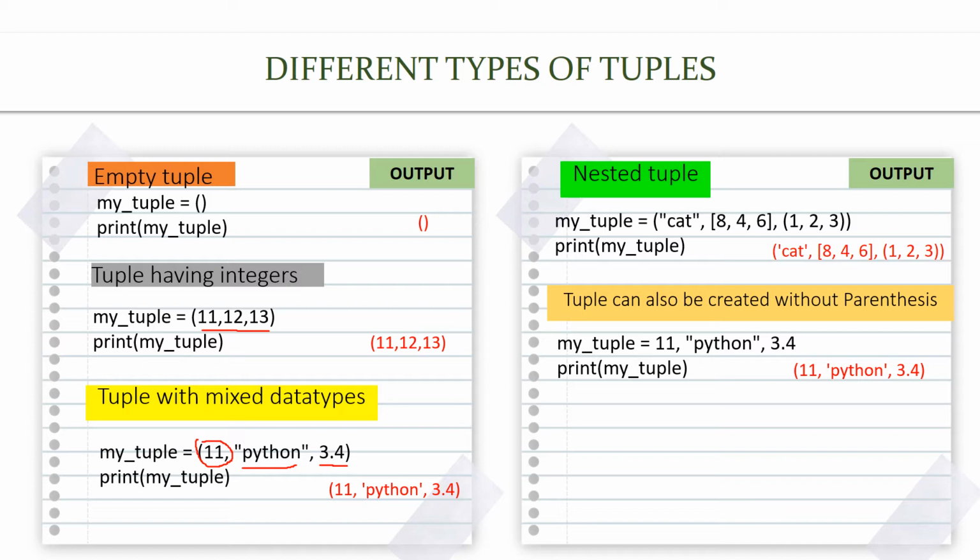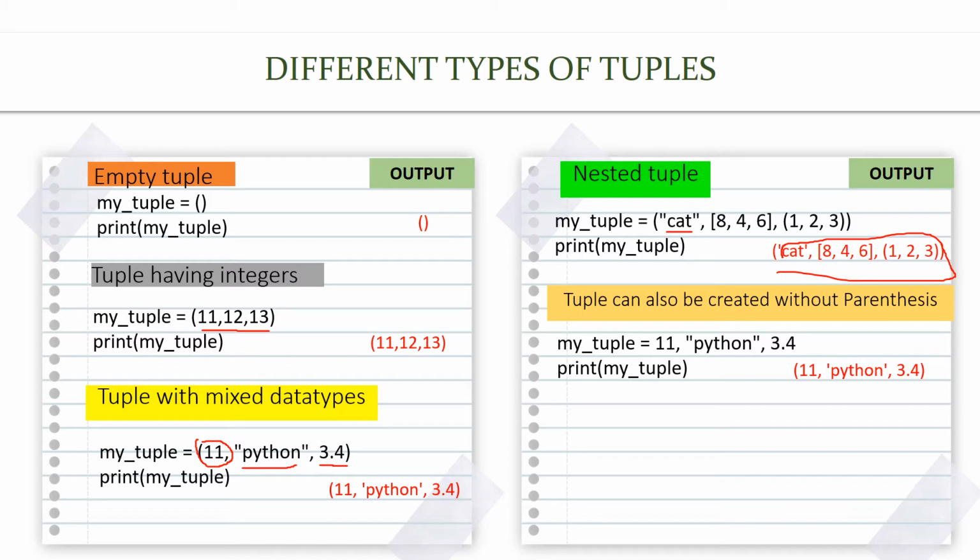Here I have a variable called my_tuple, with a string called cat. Inside the tuple I have created another list, 8, 4, 6, and another tuple, 1, 2, 3. When I print this tuple, all the values in the tuple are printed.